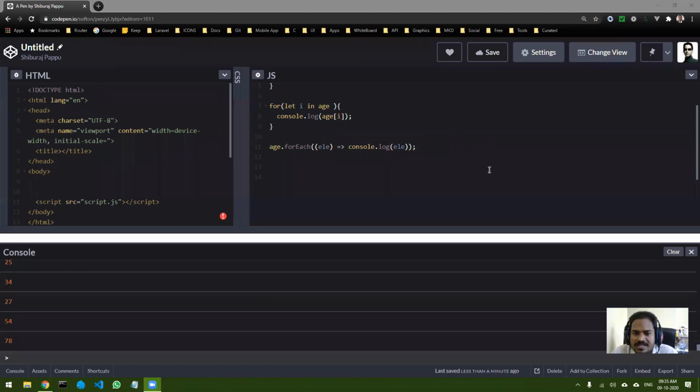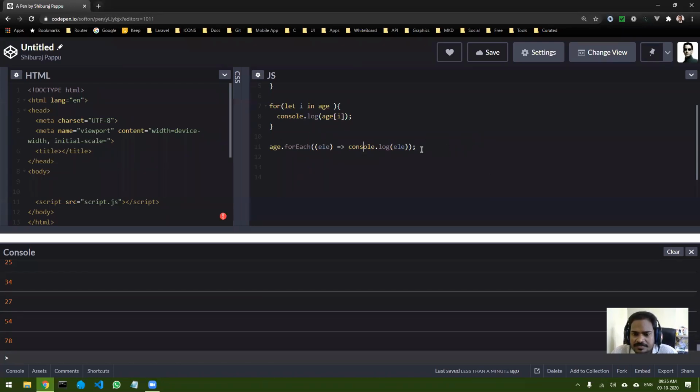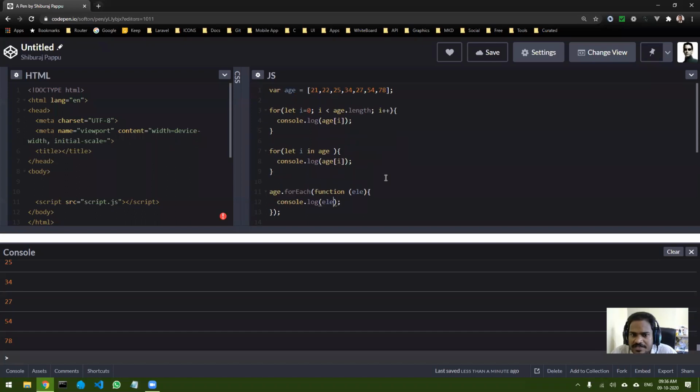Once this is done, let me just undo. So let me undo, and I'm not using arrow functions. Whatever I'm going to do next is the same whether it is an arrow function or a normal anonymous function. So now you have seen this particular syntax, right? Let's suppose now I've got the element, but I want the index of the element. For example, in this for loop, you can get the index by i. So i is basically your index.